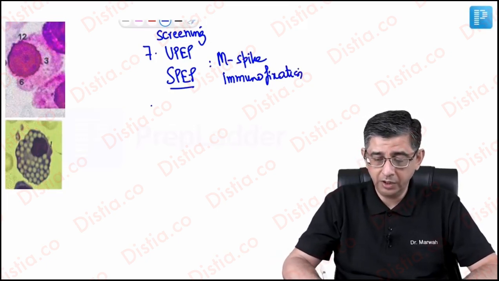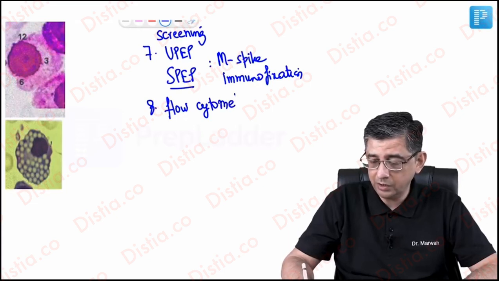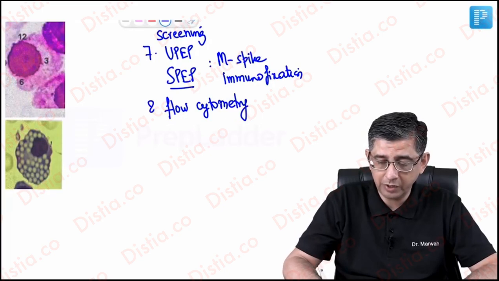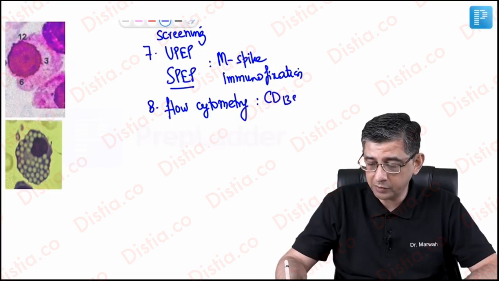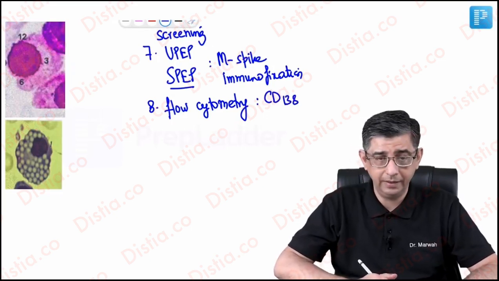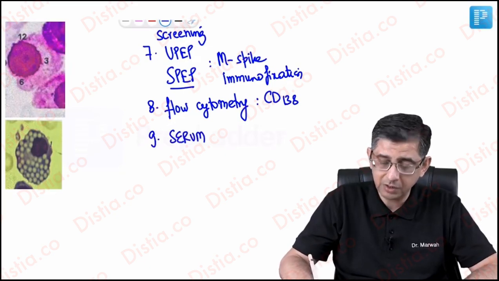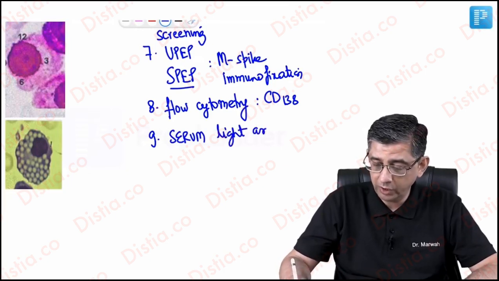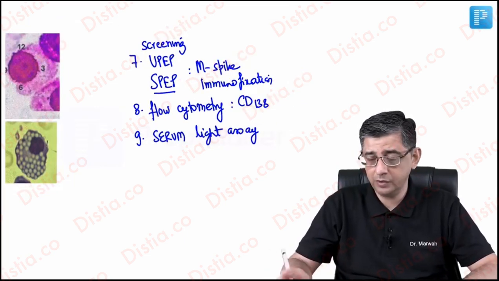The eighth investigation that I'll do will not be very important from diagnostic purposes, but he would just like to see whether you are remembering the entire table of CD markers in flow cytometry. For plasma cell, the flow cytometric marker that would be expressed would be CD138. Then I can go in for both a urinary as well as a serum light chain assay. I have already explained to you that we can quantify the light chains in the urine of a person, even in the serum of the patient as well.